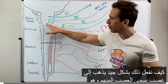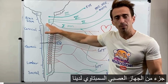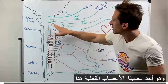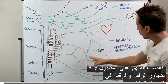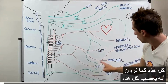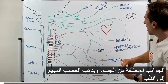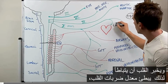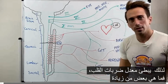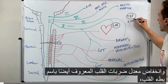Well, it goes to a nerve called the vagus nerve, which is part of our parasympathetic nervous system, and it's one of our cranial nerves. This vagus nerve, vagus means wanderer, because it goes beyond the head and neck to all these, as you can see, it innervates all these different aspects of the body. The vagus nerve goes to the heart, and it tells the heart to slow down. So it slows the heart rate. So, increased blood pressure and decreased heart rate, also known as bradycardia,